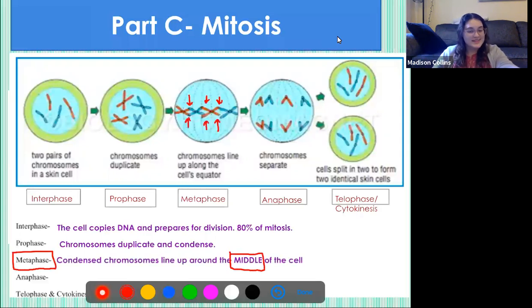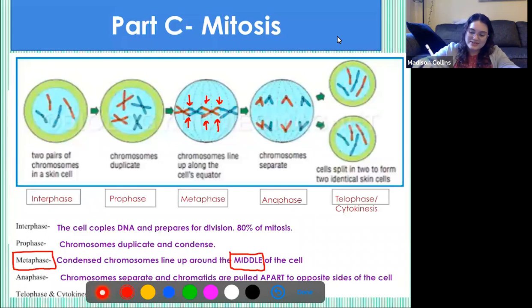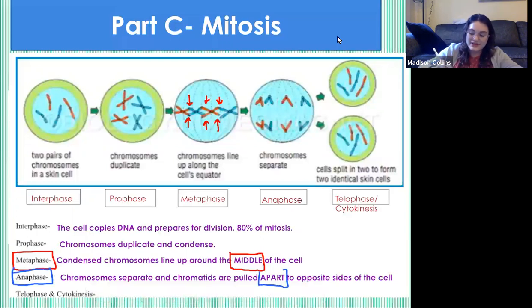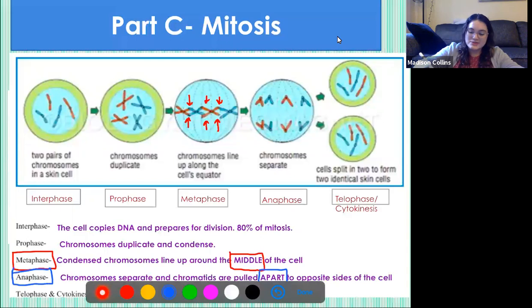And anaphase is actually another pretty easy one to remember, because anaphase is when those chromosomes separate and the chromatids, those sisters, are pulled apart to opposite sides of the cell. So remember metaphase for middle and anaphase for apart. This is when those sisters are separated and pulled to opposite ends of the cell, because the last step of